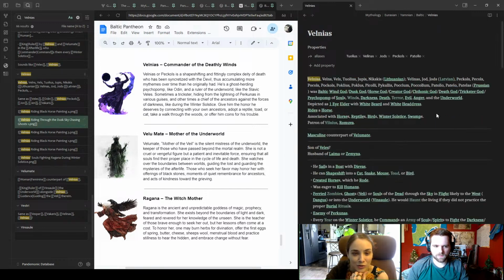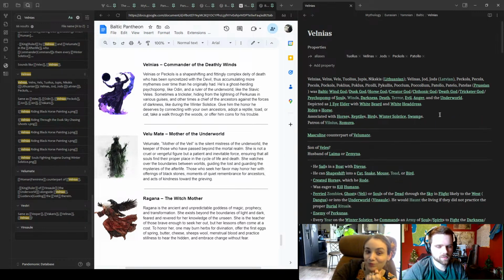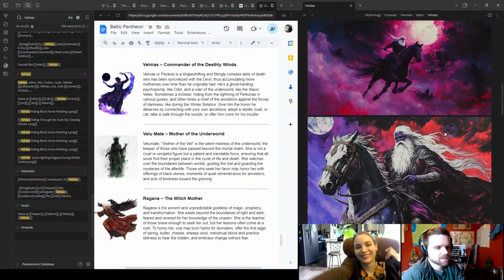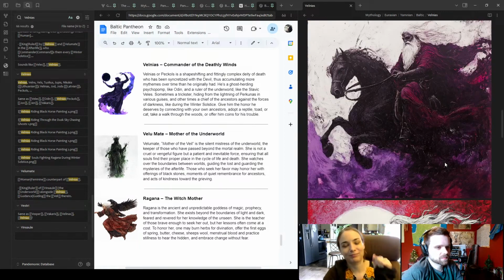Okay. I asked you if you did the pictures. I did the pictures, but that one is not Vilnius. Okay, so here's Vilnius. A little different. Not too different. But yeah, he